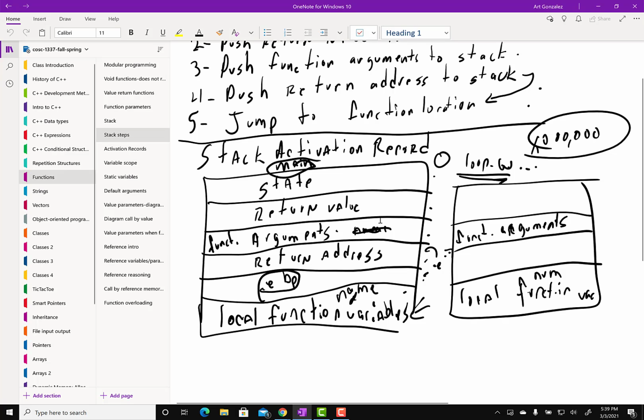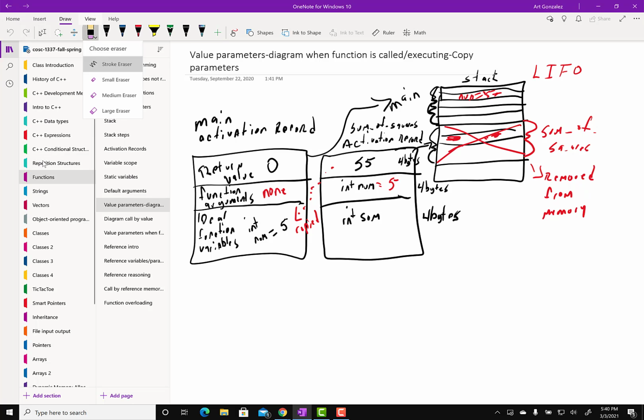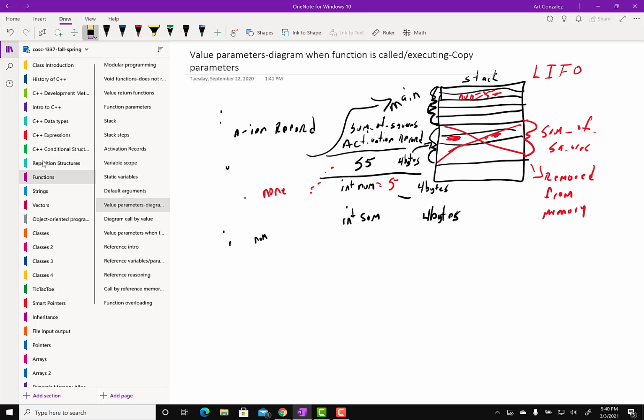So we will go through two examples that cover activation records, and that will introduce you to the types of variables we use in C++, and those are value parameters and reference parameters. We'll start with, let me erase this because this was for the other class, and actually right now it probably won't make sense to you all. So we will redraw these diagrams with some code,